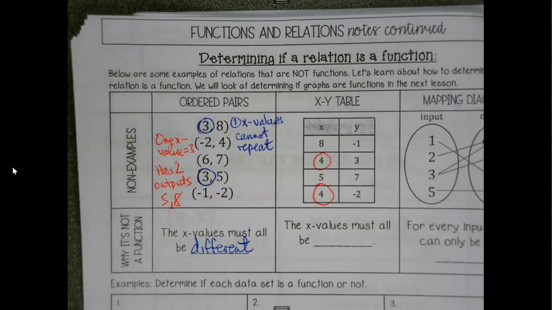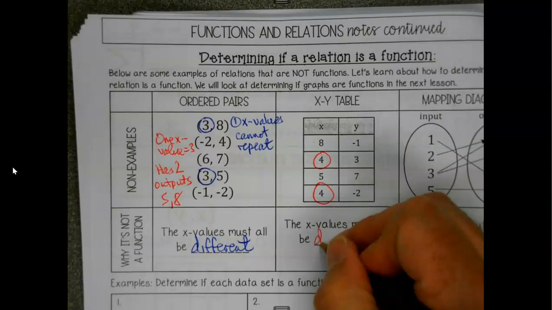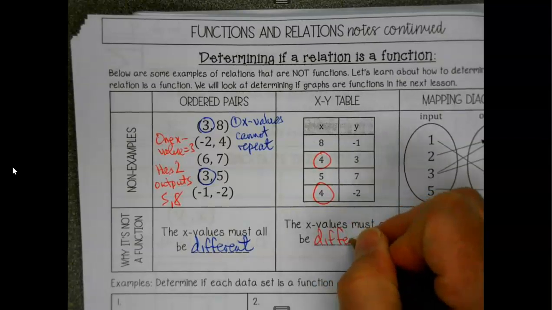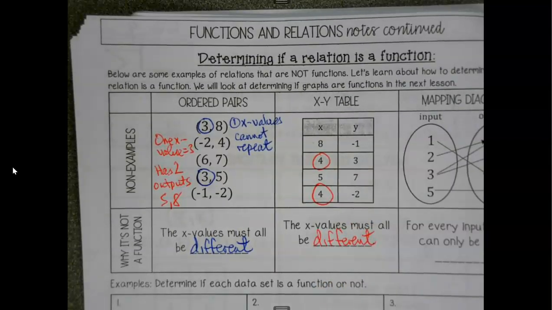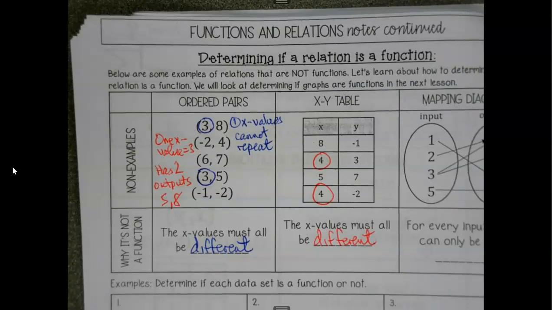If x values repeat, it's a no-no. So ordered pairs, tables, okay? The map can get a little more interesting,